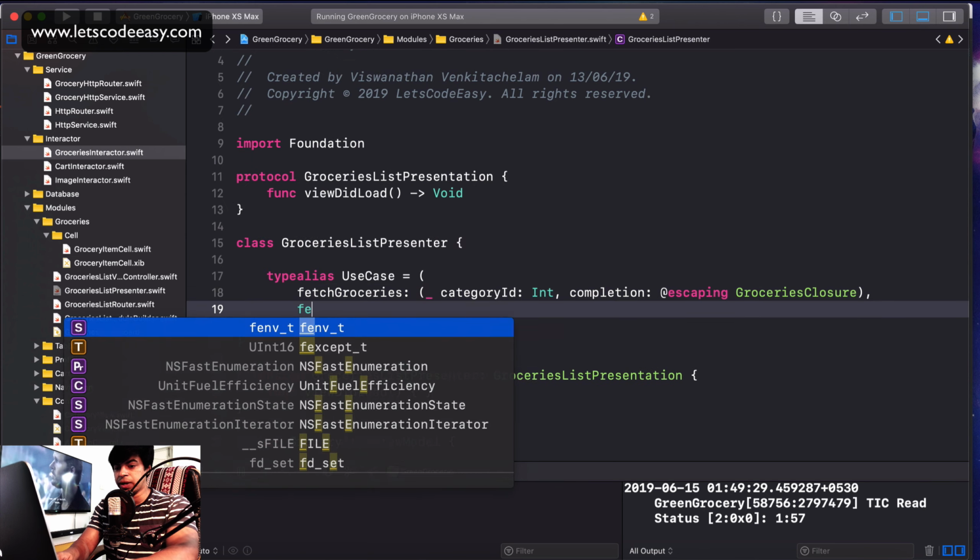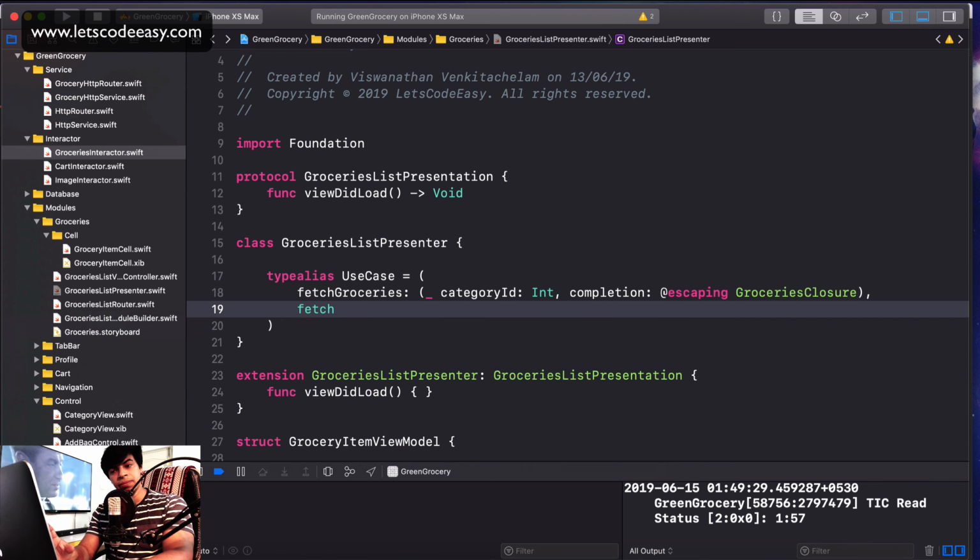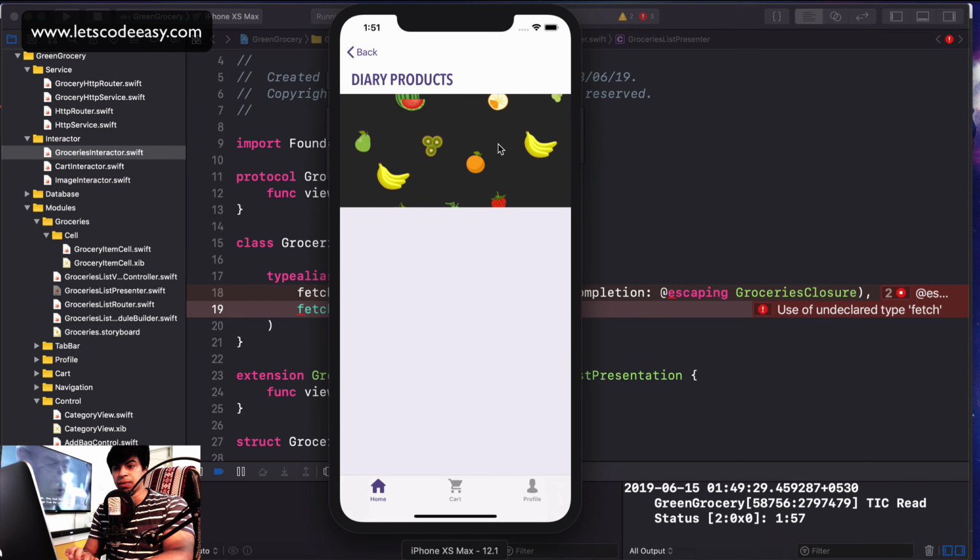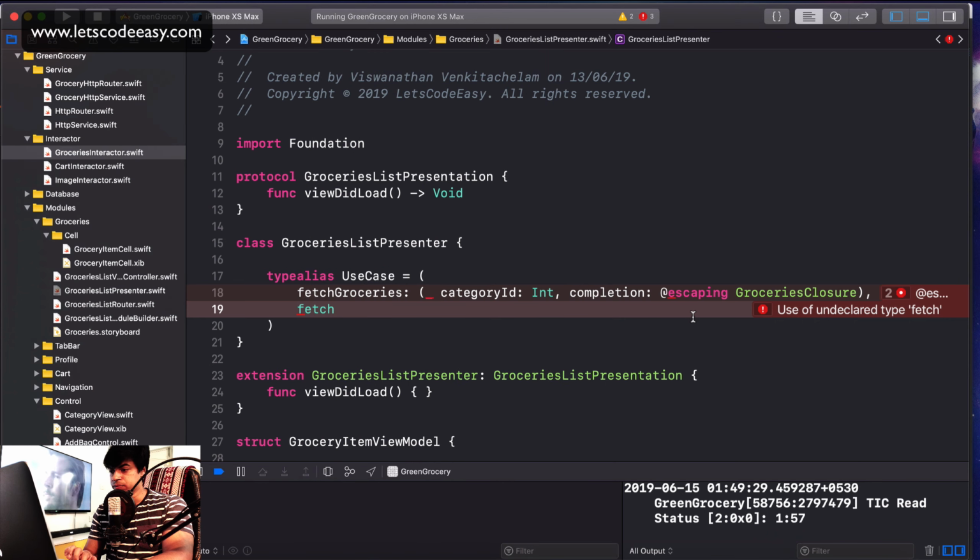Also, I will require to show the whole image for, let's say, as a cover image at the top. If you see it here, it's just loading a cover image. It has not yet downloaded that image, and there is also a description here which will actually show up once we have that description. So this is a cover image, this is a description, and the table view load here. So I need to